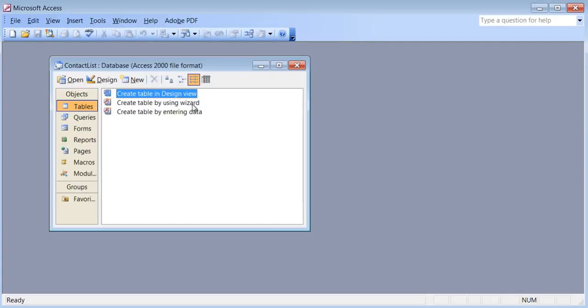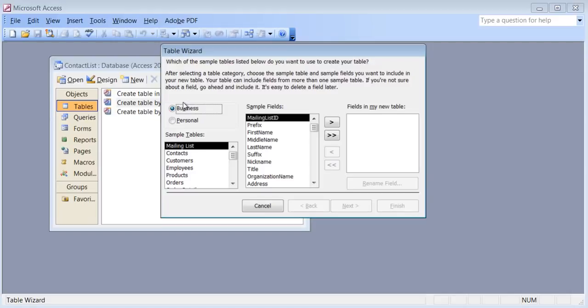So in the table there is an option where it says create table by using wizard. So if I wanted, I could double click on it. Now in the wizard, what it does is it gives me a lot of pre-created tables. So you see right now it's selected business, and there are some business tables like customer list, employees, and each and every table has a bunch of